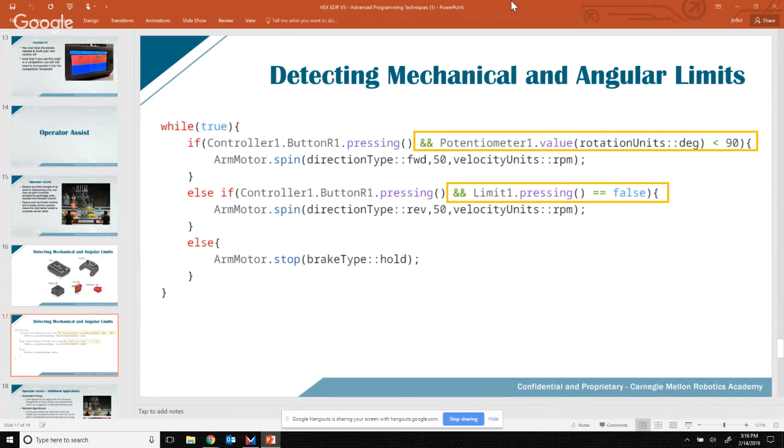In the top half of my program, with that first if statement, the condition is also checking if the potentiometer value hasn't reached a certain number of degrees. So basically, you can have it where the robot will lift its arm, but it will only go so high. So if you want it to have a stop that is before a mechanical stop,